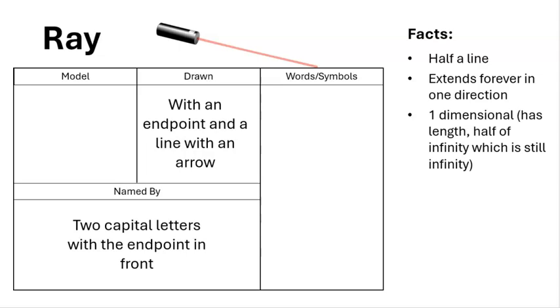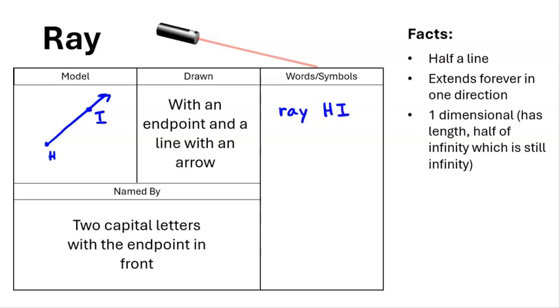And now, kind of journeying back into middle school math, we also have rays. Rays are basically half a line, where we took a line and we cut it somewhere. And for this ray, let's say we have H and I. And so if I were to name this, it has to be with the endpoint in front, and we're going to use those 2 points that are on that ray. So it's going to be ray